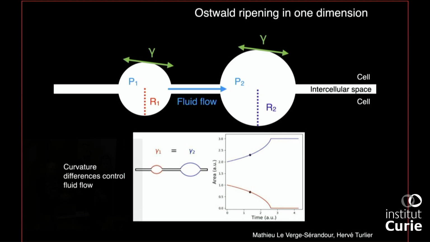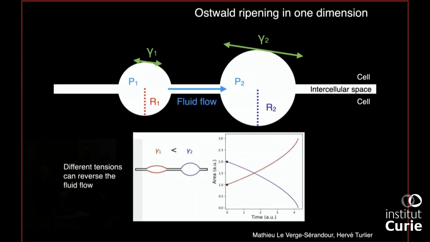But cells are not like a vinaigrette, and they can actually tune the surface tension at specific interfaces, as we have seen. You could imagine a situation where this one here is smaller than this one, but this one now has a higher tension because it has more actomyosin, for example. And now you can actually reverse the fluid flow. Now the big one is emptying itself into the small one. So in addition to the surface tension and the size, which can be modulated to trigger this pressure gradient,